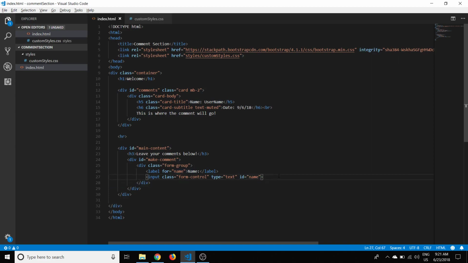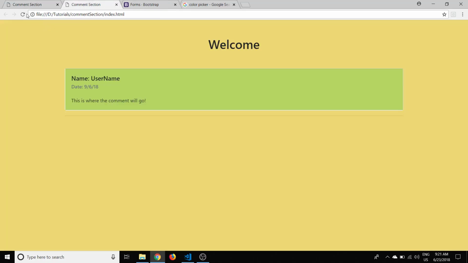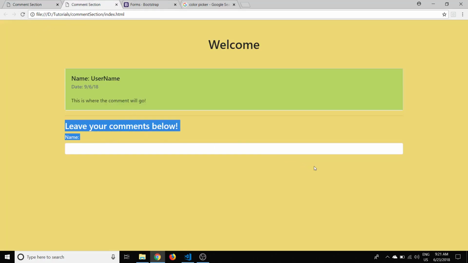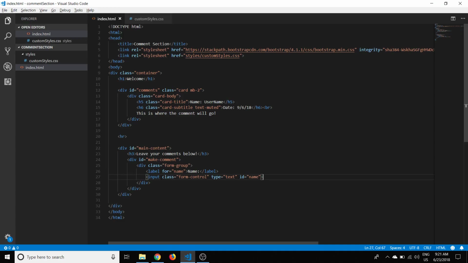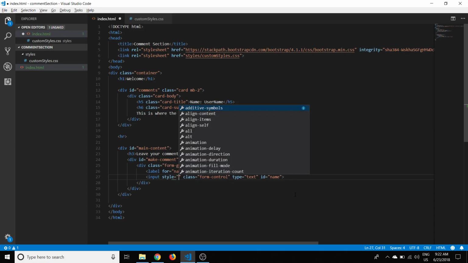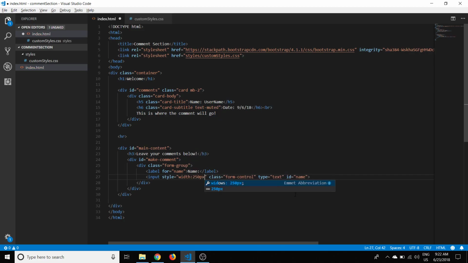And so let's just see how that looks. Let's test while we put this together. There we go. So as you can see, great. We don't have it centered yet, and we do need to make it a little smaller, so no problem. What we can do is target the ID name in the custom styles and change its width, or we can do an inline style. So we'll just do that to get a variety here, see what you can do. You just have to put width, and just like in CSS, we'll give it 250 pixels. You just put that in there,